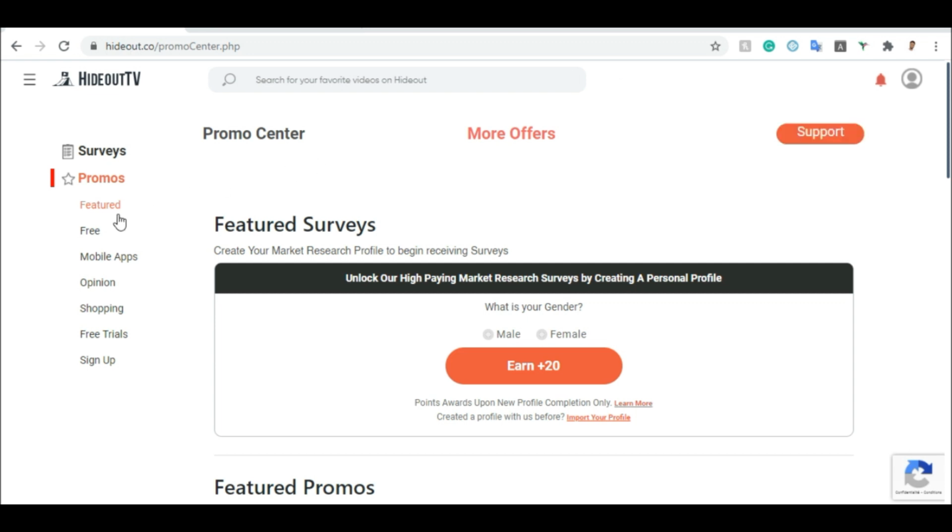So that is it. You already see everything. You can do free surveys, you can do mobile apps, which is installing applications, you can do opinion. Opinion means you can take surveys and you get paid at the end of the day, while the shopping area means that you will get cash back anytime you shop. If you click on it, you see multiple websites that you can use to shop online, and the free trials is where you can